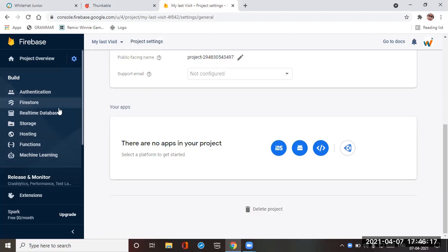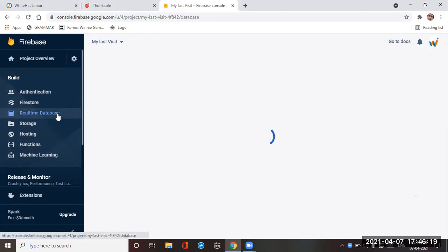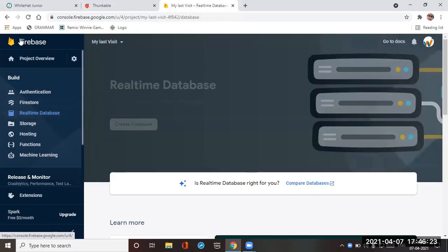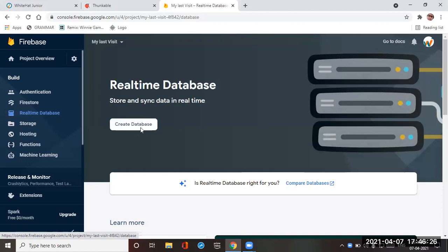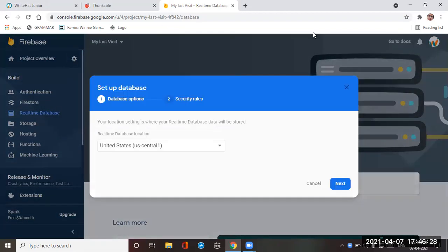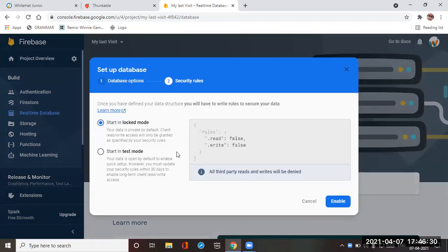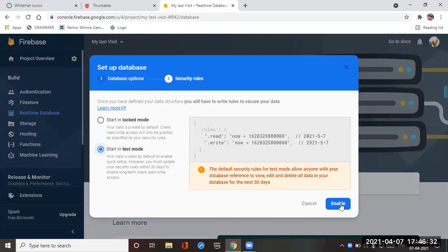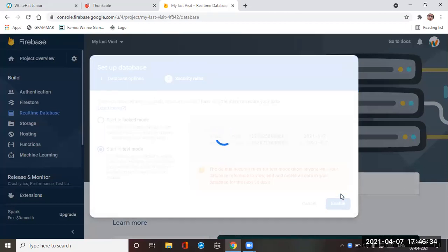Now you have to click on build and real-time database, and make a real-time database. As in the last class, we knew how to make a real-time database, right? So you have to click on start and test mode only. Enable it. Now it will take some time because my network is really slow today.